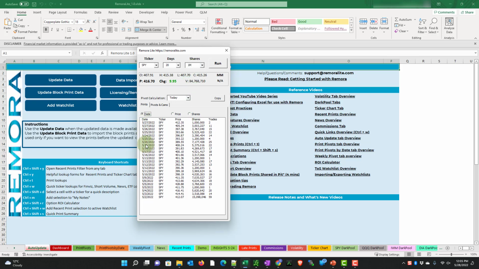If we click by date here, we can see that they're filtered newest to oldest, and we can see that the price 412.35 was 2 trades totaling 1 million. So cumulative prints at a specific price that equal our criteria or greater are included here. So we can see that 405.34 also on May 27th, that was 3 million over 11 trades. So that's quite helpful. We can also see that the SPY's current price is 416.70 and it's up almost $10